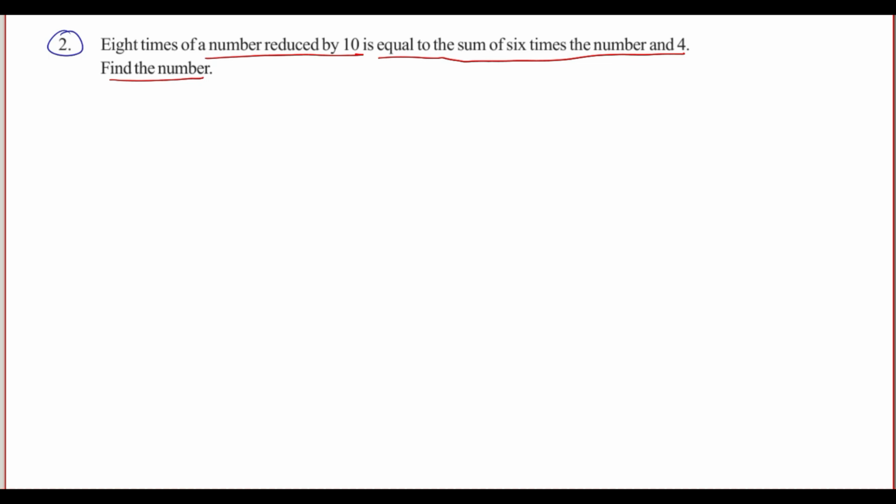If you take a number, 8 times that number reduced by 10 is equal to the sum of 6 times the number and 4, and we are asked to find such a number. So for that, I am going to assume that let x be the required number. And we need to find 8 times of it, which is 8x, and what else we need to find, 6 times of